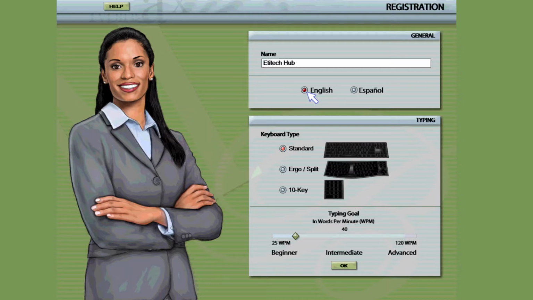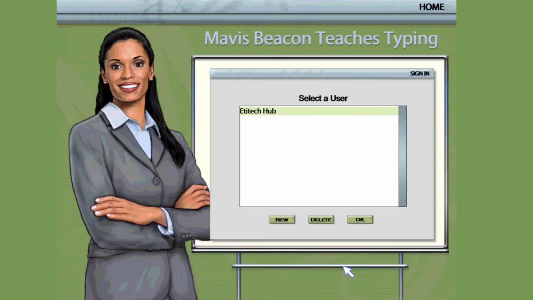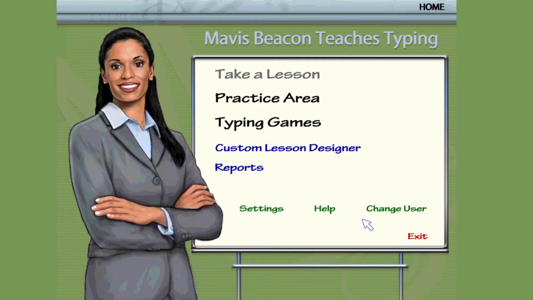The language you're using is English. Keyboard type, we have to select standard. Typing goal, let's leave it at 40 words per minute. Let's leave it there and click OK. Since we don't have a user, what we have to do is to click on the user and click on the OK button.